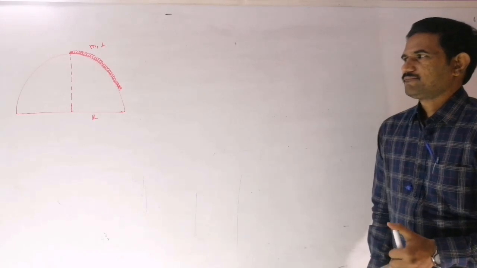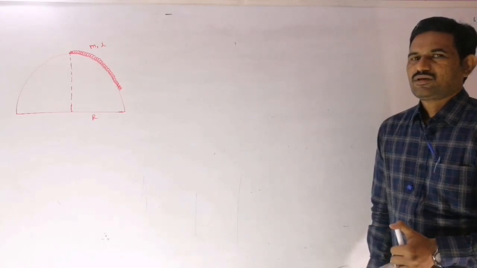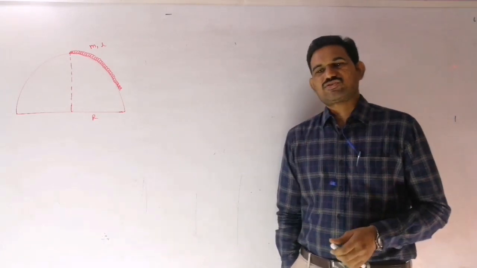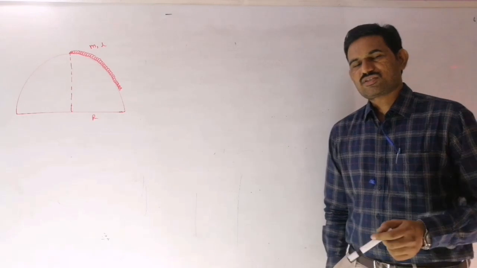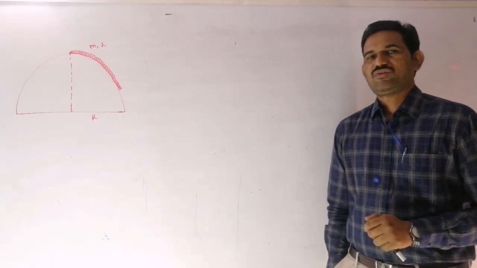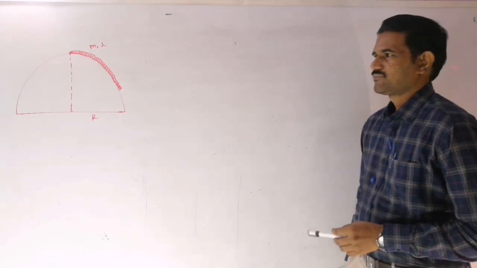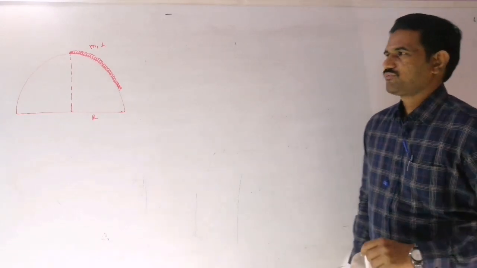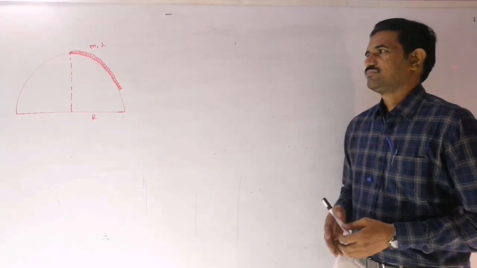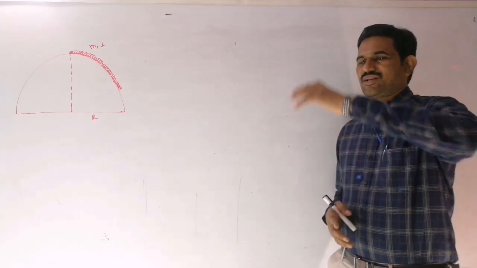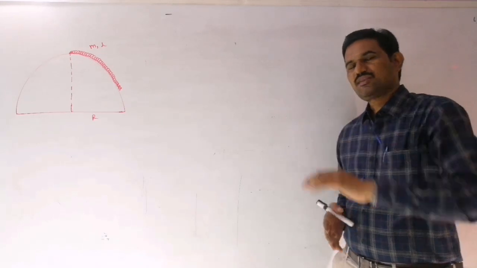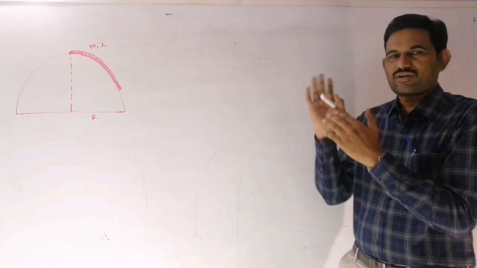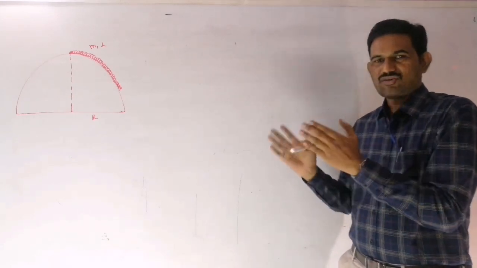Find the potential energy of the chain with respect to the center of the hemisphere. If the total object is at height r, then we can write the potential energy as mgr. But now it is not like that. The total chain is not at one location, so it is an extended object.